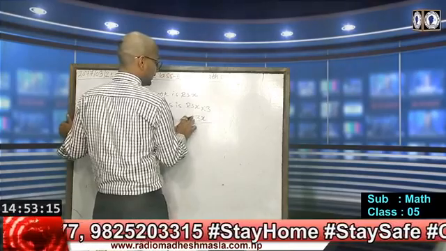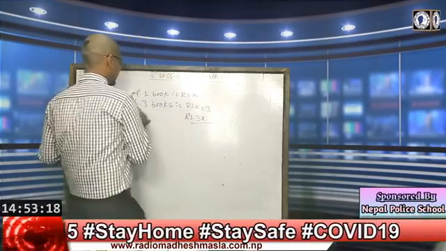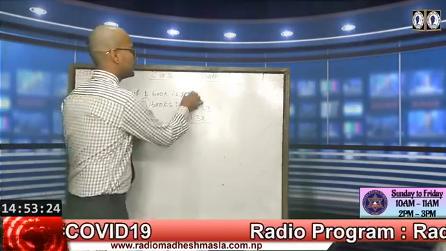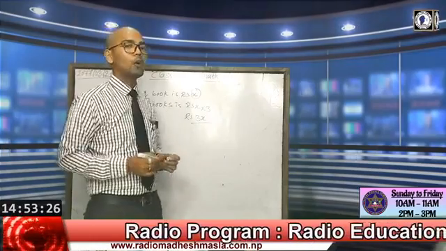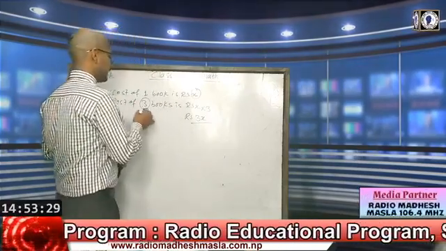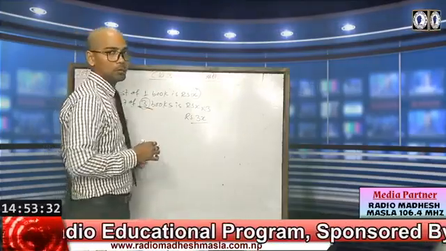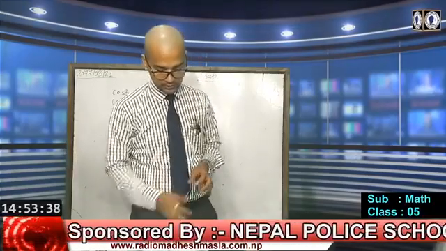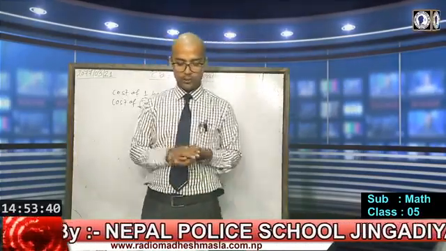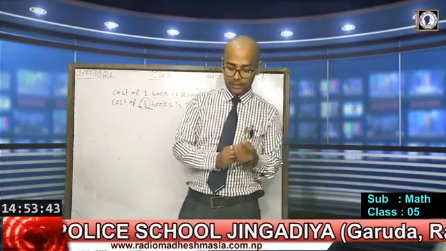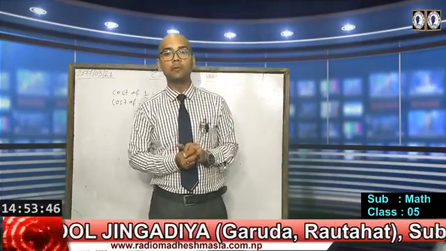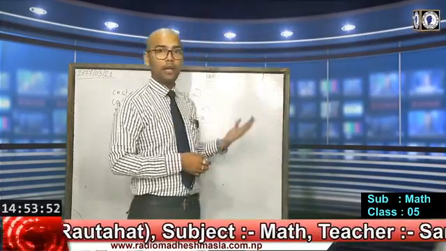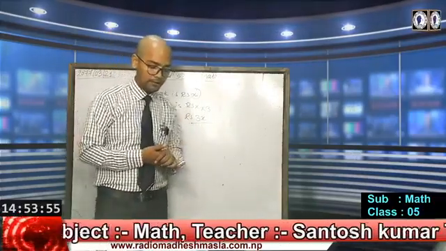In this way we can find the value of 3 pens with Rs X. Here X is the cost of a book, and 3 is the total number of books. I hope you will do these questions in this way. In the same way, suppose the cost of one pencil is Rs 9. The cost of y number of pencils is what? In the same way, we can multiply it.